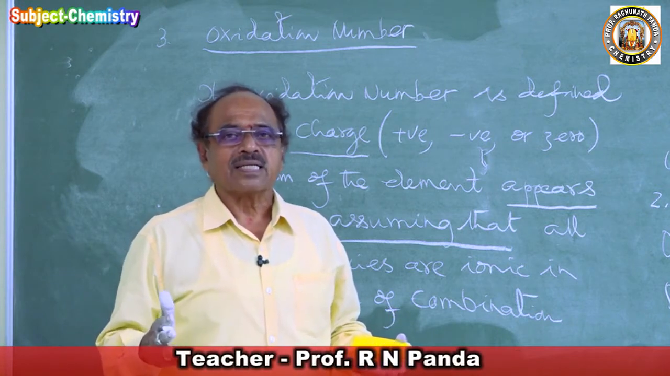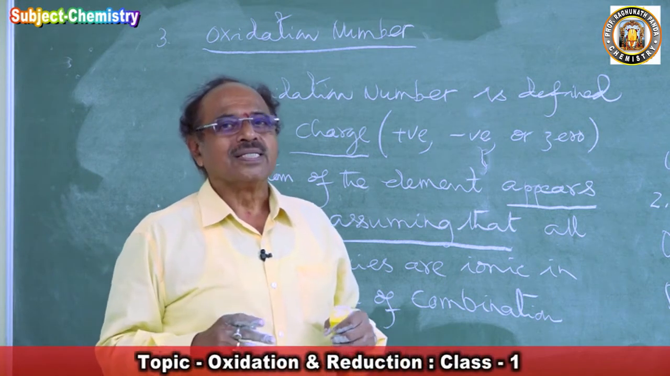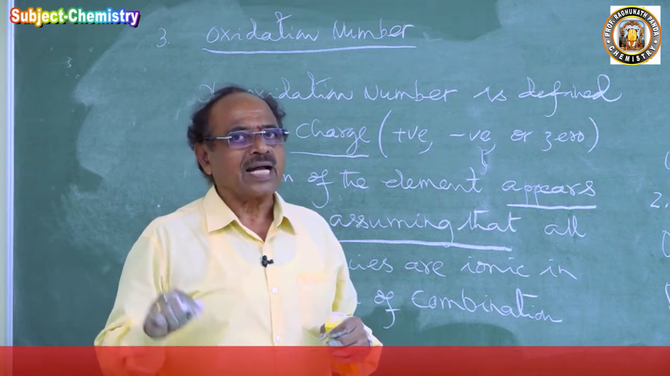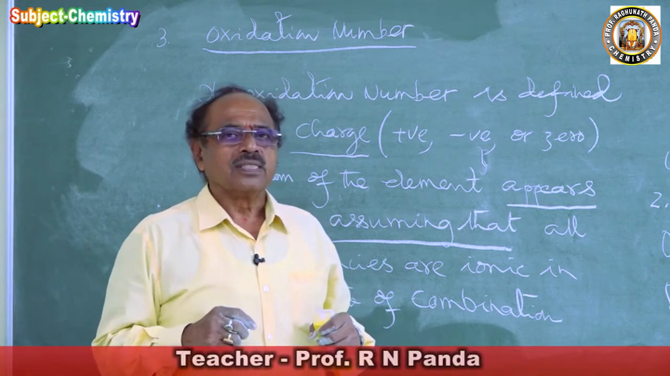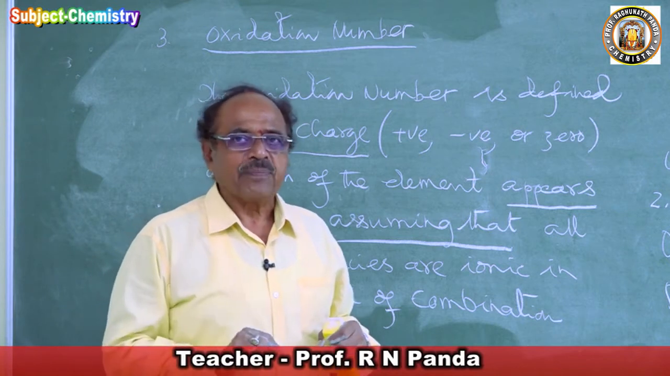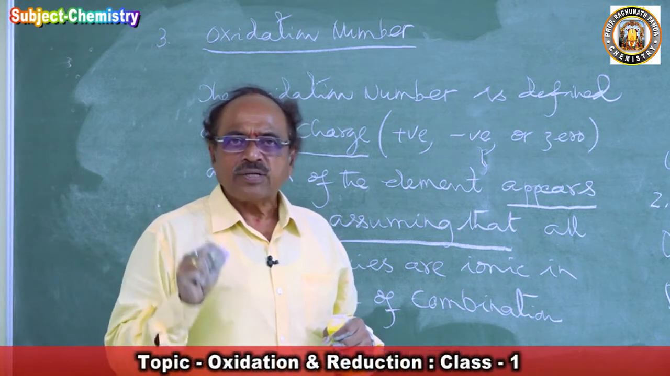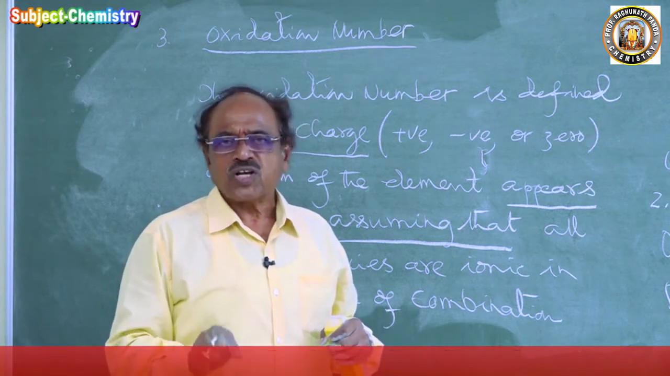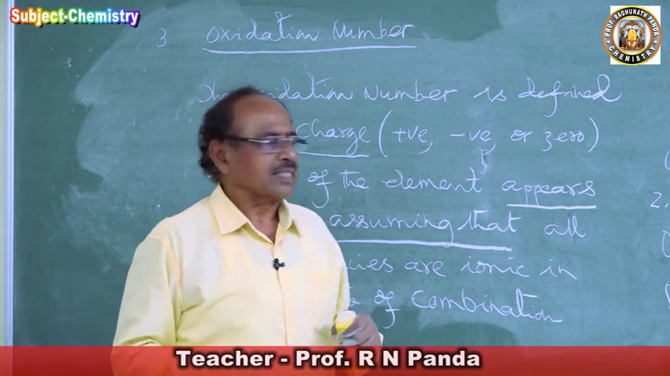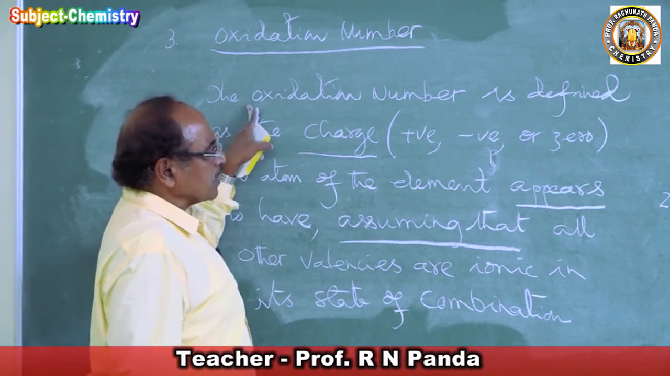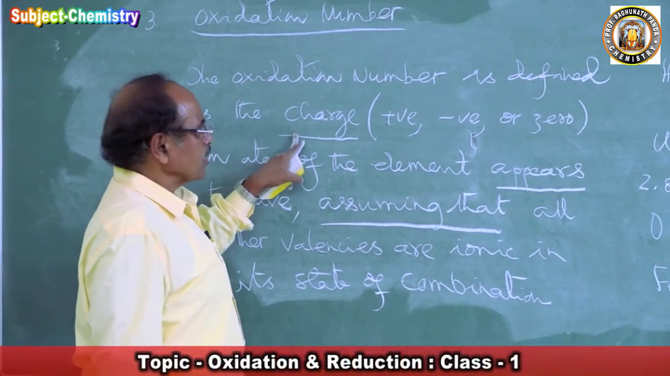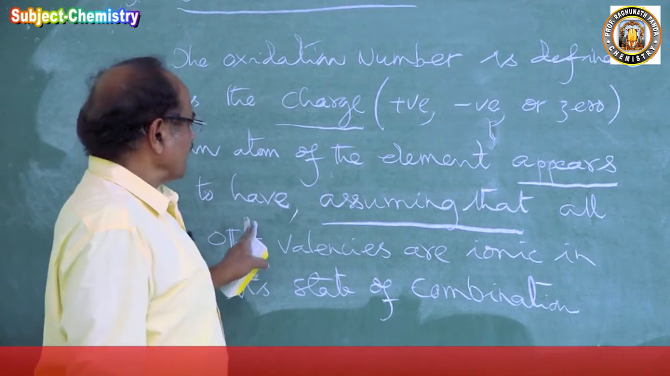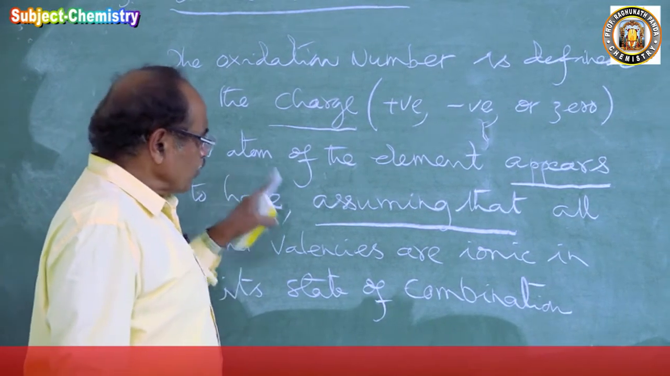There is a proverb, all that glitters is not gold. Gold glitters, but that which glitters is also not gold. So we have to say appears. Appears is not a truth, not a fact, not present. There may not be a charge, but it appears to have a charge. So you will say that the oxidation number is defined as the charge, positive, negative or zero, an atom of the element appears to have, assuming that